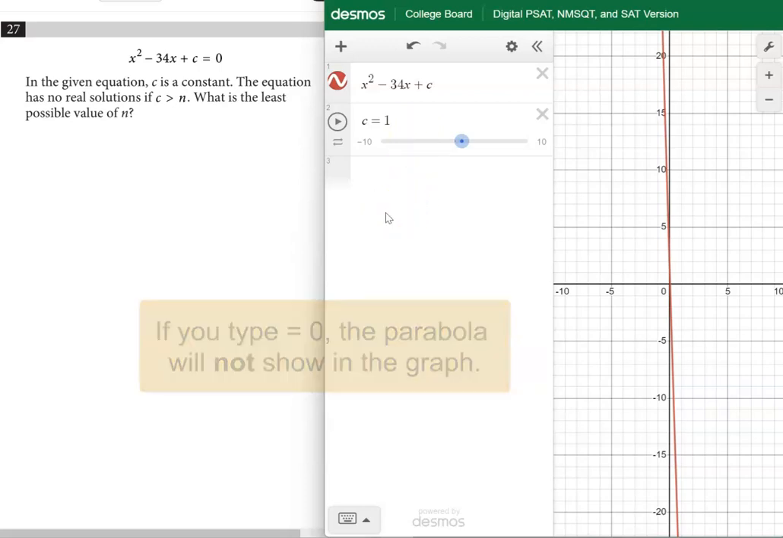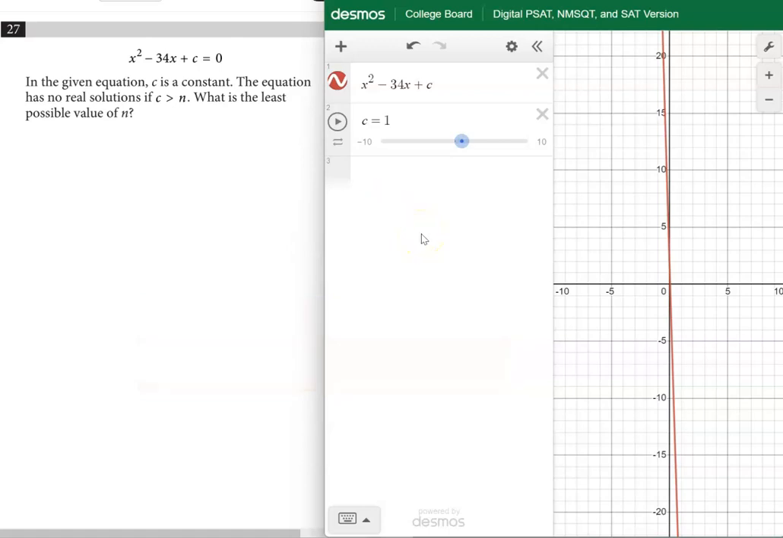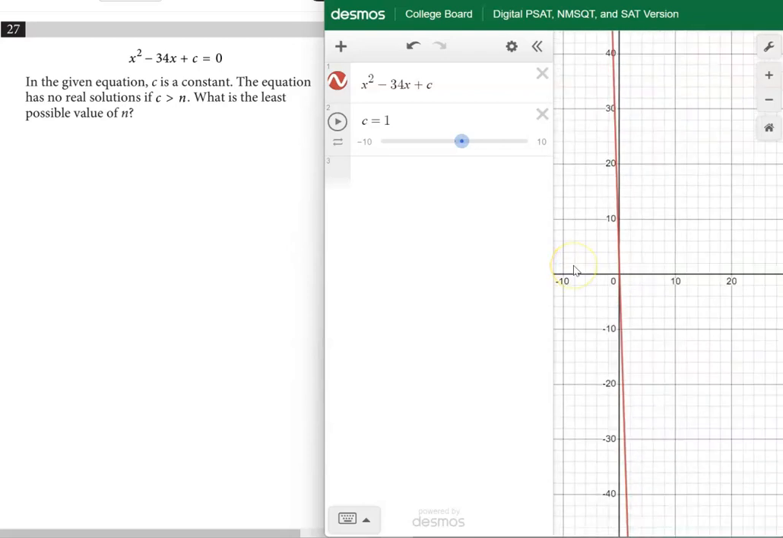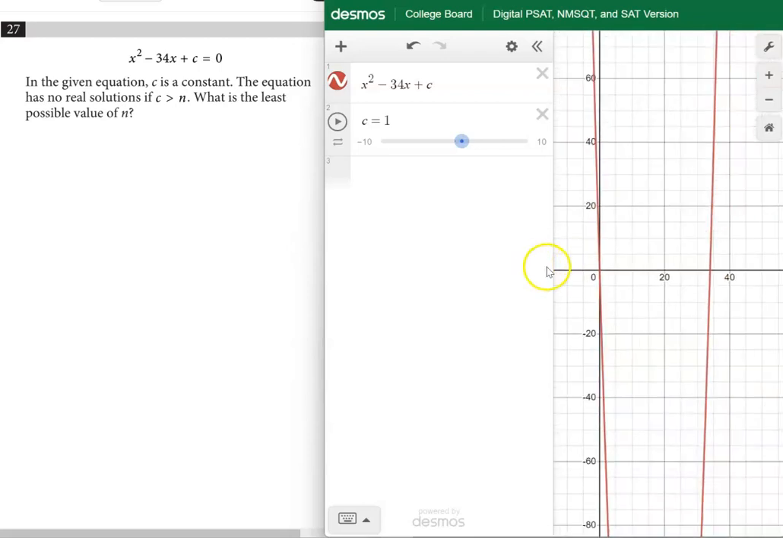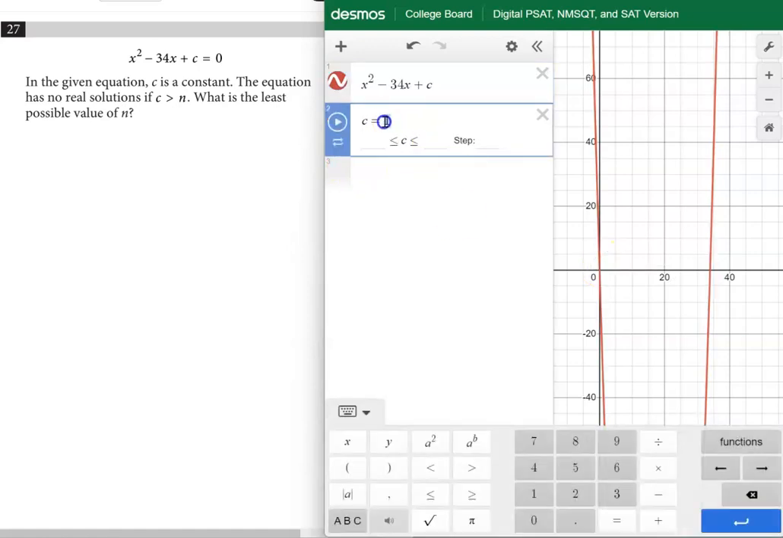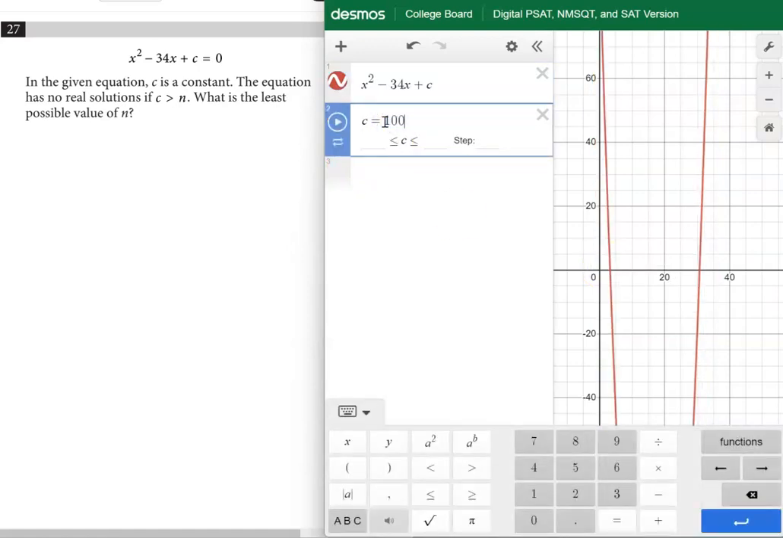So what I want is a value of C where there is no solution. So what I want to do is I want to zoom way out, and you'll see that this value of C is producing 2 solutions. It's 2 x-intercepts. So we're going to make this C much bigger. Let's make it a 100. That's still not big enough because it's still crossing in 2. So let's make it